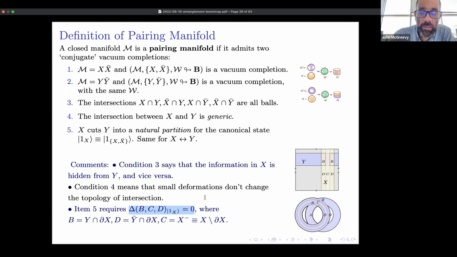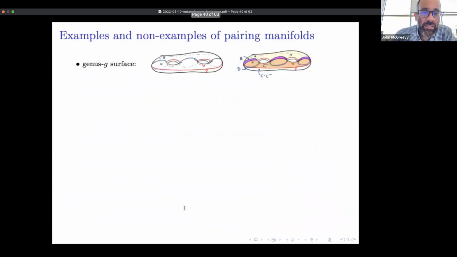It's maybe not obvious when this will be satisfied. But by now we've gotten pretty good at using the axioms to study this combination of entropies for various regions. Okay, and so this is a slightly complicated seeming definition. It's the result of many iterations, and we think it's a good one. And the reason we think it's a good one, despite its complexity, is that there are many examples.